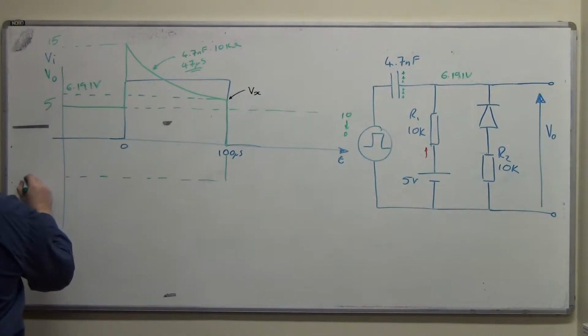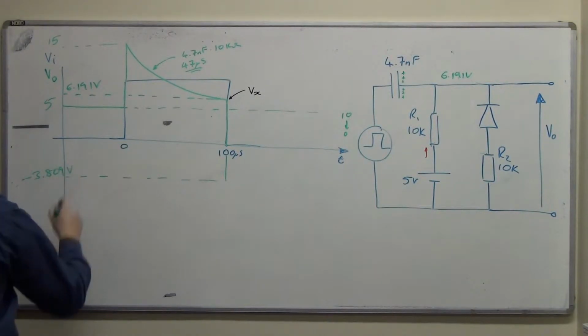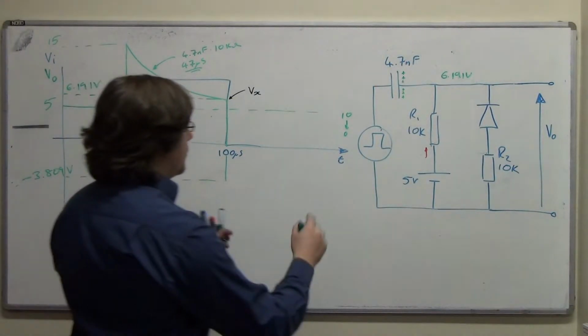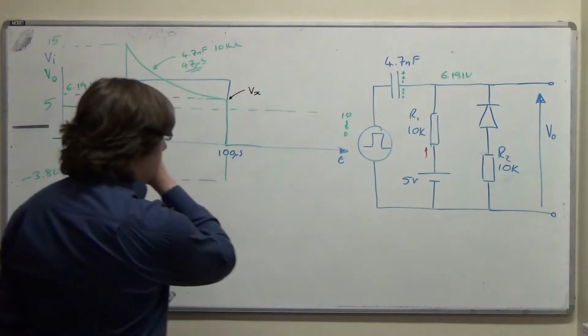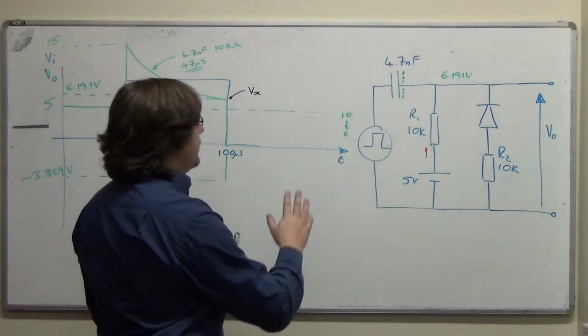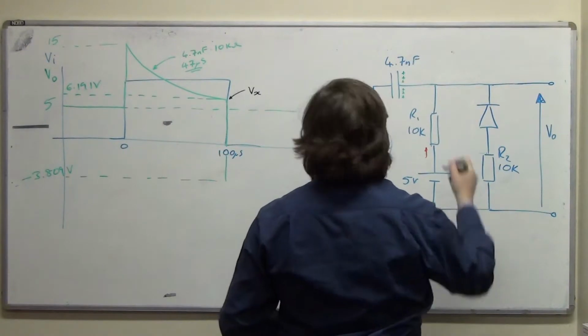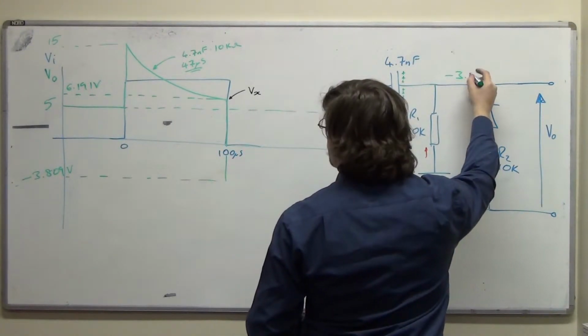So this is minus 3.809 volts. Okay. And then there'll be some other things that will happen in the circuit. So in that instance, this 6.19 will drop to minus 3.809,